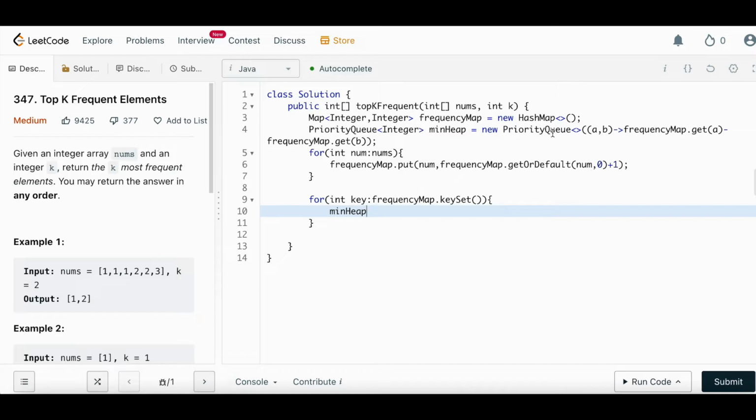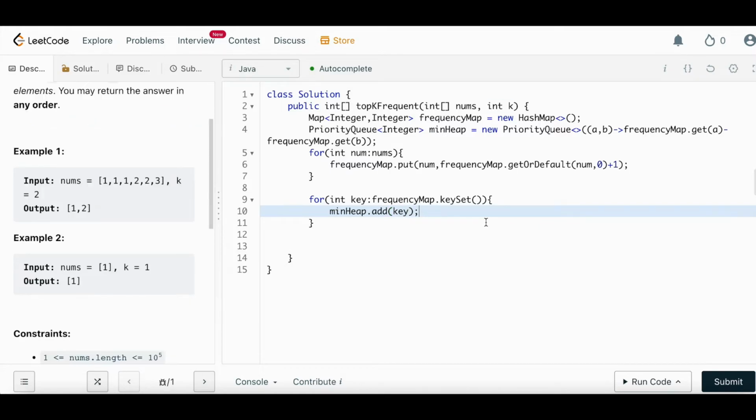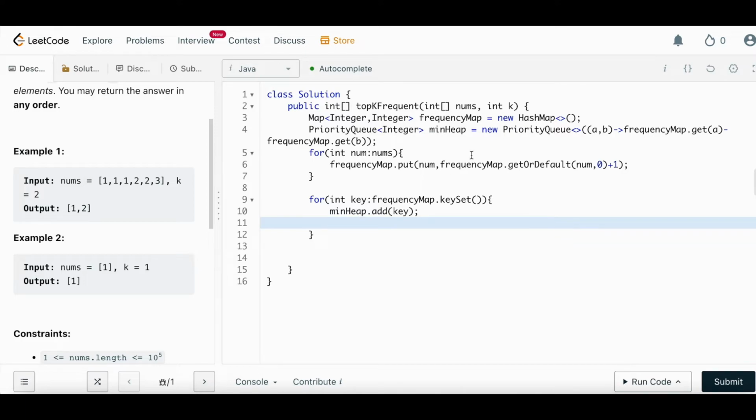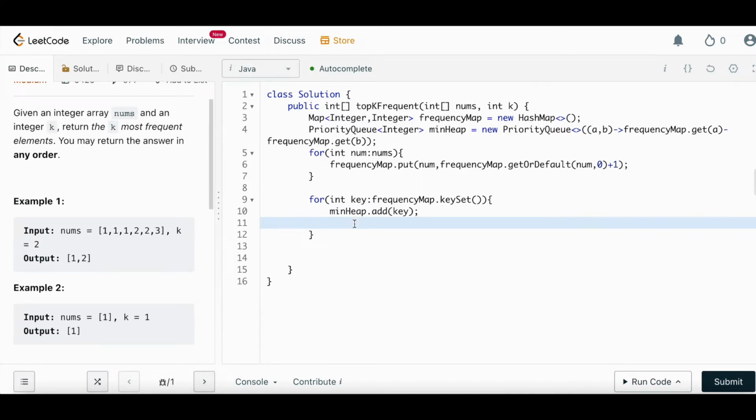We have already written here how this min heap will calculate which one is minimum. So basically this is based on frequency. So this min heap will take the key, go to map, get its frequency, and will decide which value to put. Okay. Now we need to check if the heap size is greater than k. In that case, we can remove the value from heap, because we are going to create our resultant array from this heap, which should be of size k, because we are only asked to return top k elements. So there is no use of putting values in the heap greater than k.